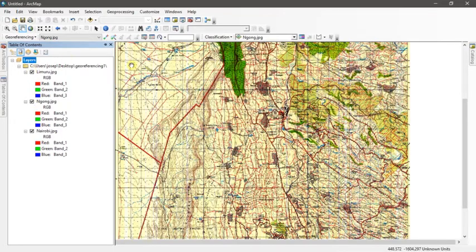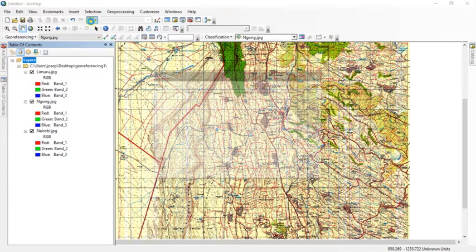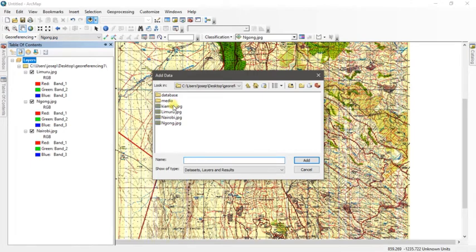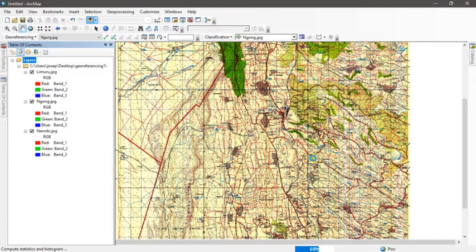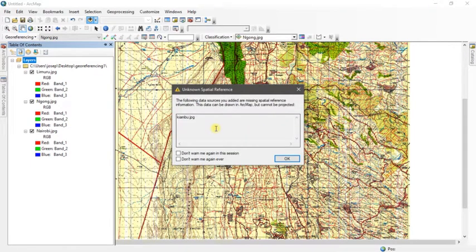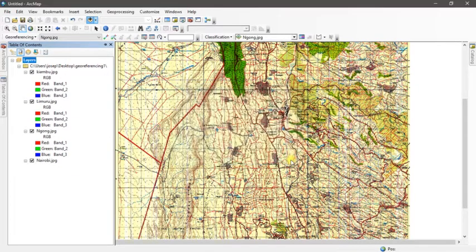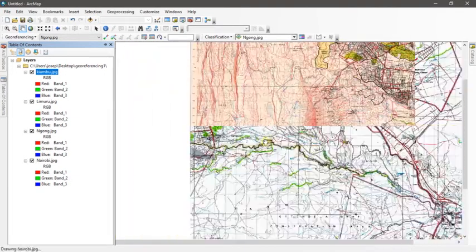3 maps, but I want to add another one, Kiambu, so that when you add it, this is the warning that it gives. It tells you that the following data source you added are missing spatial reference information. Now that's what we want to correct. So for now, just click OK, because we know that it doesn't.